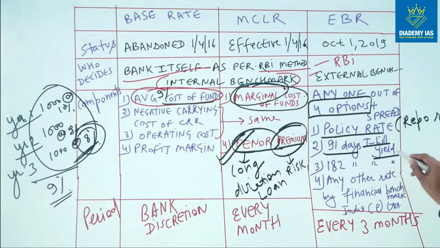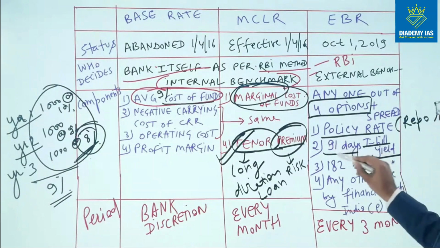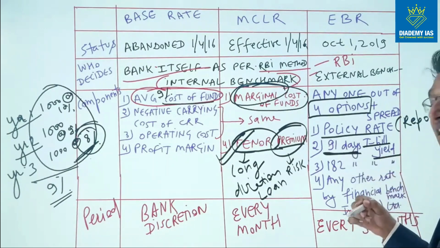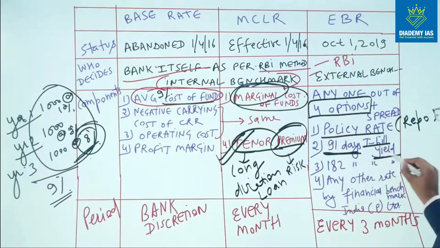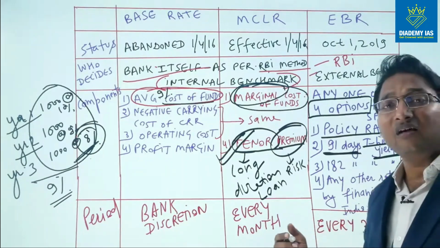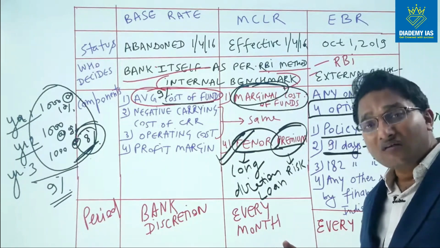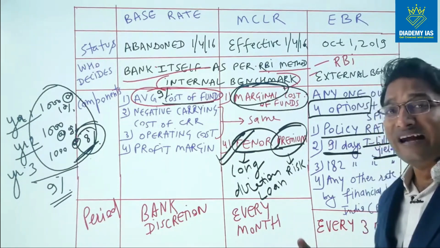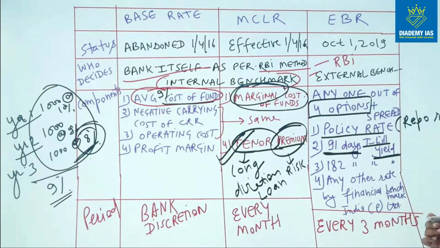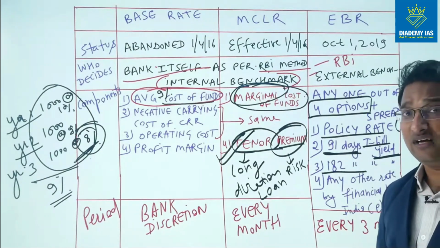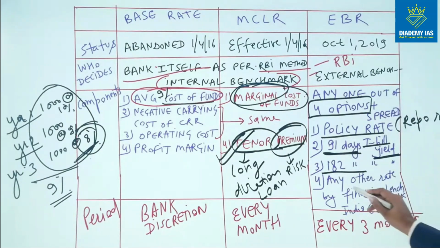So 91 days, the duration of the treasury bill is 91 days. The maturity period is 91 days. Yield means the income which is earned by the holder of the treasury bill. So this rate of yield is taken as the reference rate. Another is 182 days. So the treasury bill whose maturity period is 182 days. And fourth, any other rate